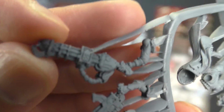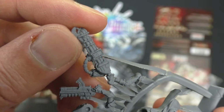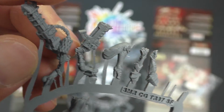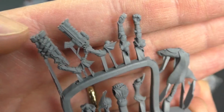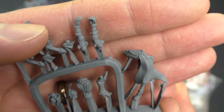Man, I love their flamer units. The way they look like they're segmented. Even the fuel cell, the markings on that. Yeah, just something about it I really like. And we got a bolter, arm options, and then the legs and torso and helmet and head option. Oh, I love that weapon, whatever that one is, that first one there. Then we go into standard bolter, arm options,